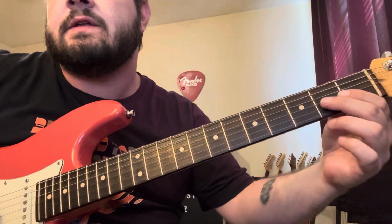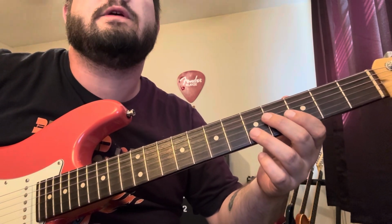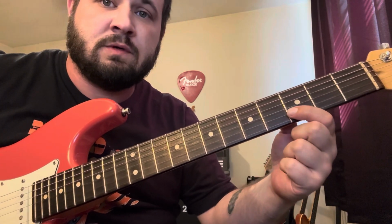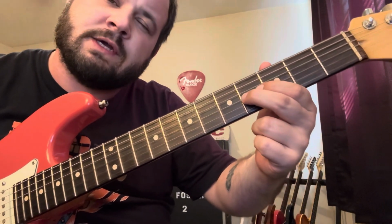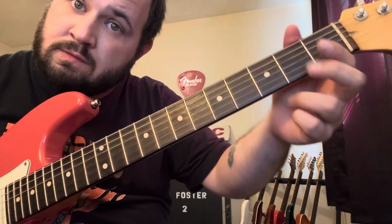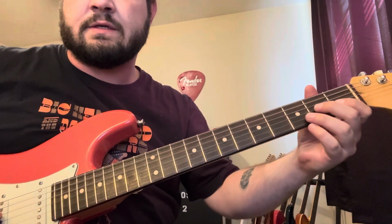And the lick is 2 to 4, middle finger on the G string, 5th fret of the B string with the ring finger, back to 4 on the G, then 3 on the B string with the index finger. We're taking that 4th fret of the G string, sliding it back to 2, open, and ultimately landing on the E note on the 2nd fret of the D string. So what that sounds like is,